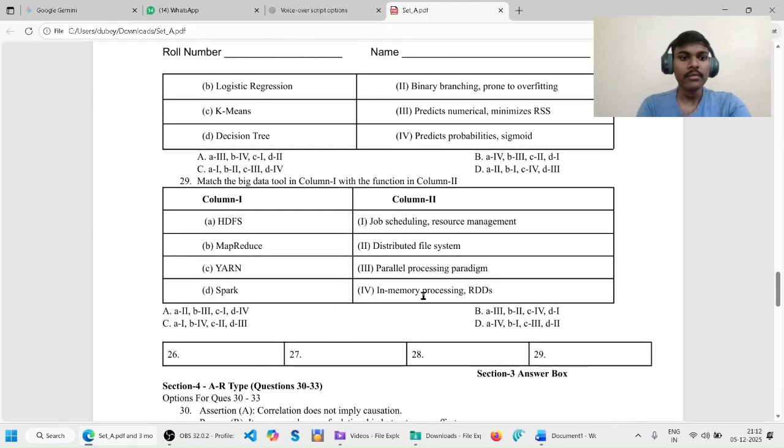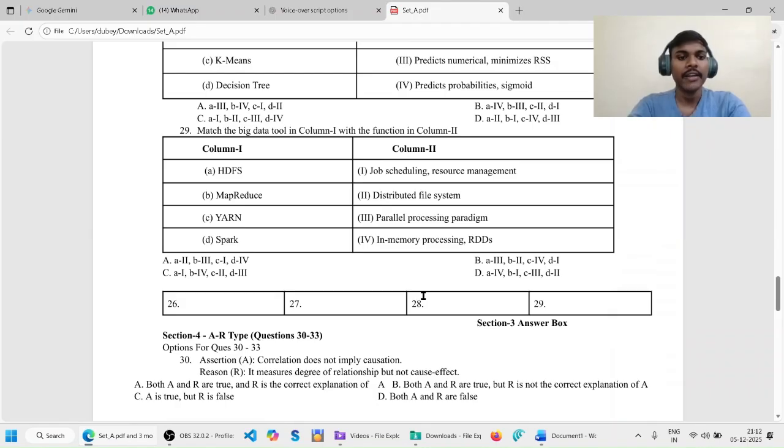Now, coming up on question 29, which is match the big data tool in column 1 with the functions in column 2. So the entries in column 1 are HDFS, MapReduce, Yarn, and Spark. The entries in column 2 are job scheduling, resource management, distributed file system, parallel processing paradigm, and in-memory processing RDDs. So the correct option for question 29 is option A2, which